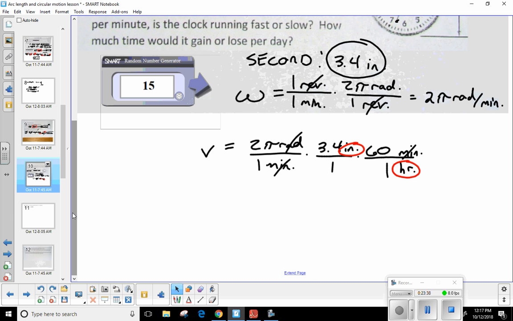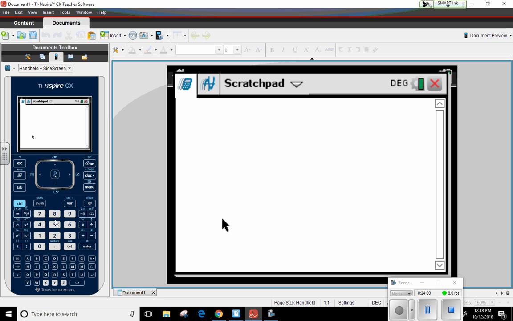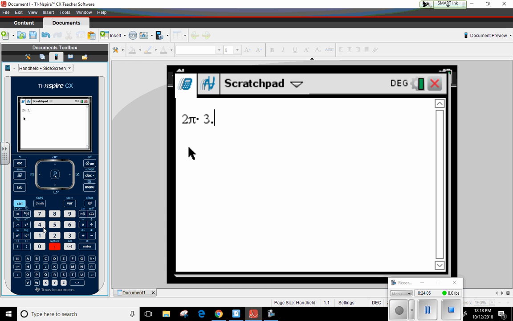Well, this one's actually pretty nice to us. I don't even have to divide by anything. I just need to go ahead and multiply all those together. 2 pi times 3.4, so let me get back over here. Okay, and it is not letting me do that, so I will go to my notes. Thought I was on a roll today. There we go. Okay, so what was it? 2 pi times 3.4? And then we had times 60, right? Okay. So I'd say we're looking at about